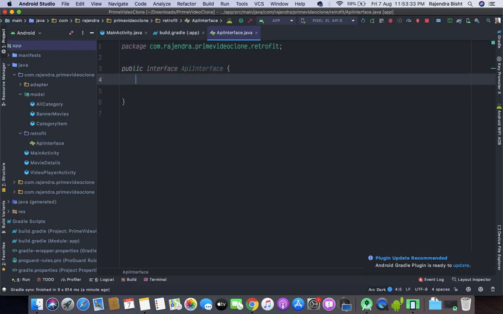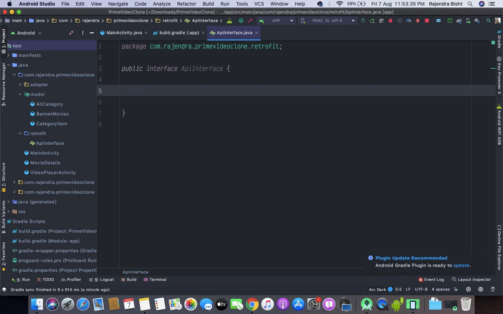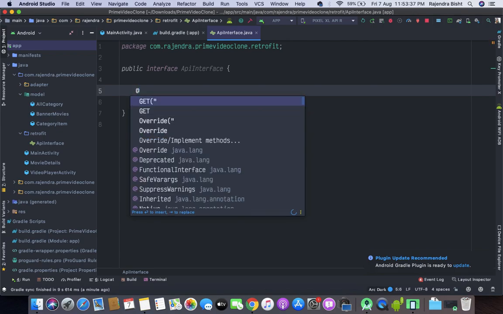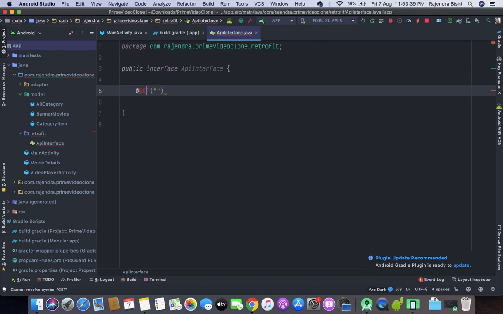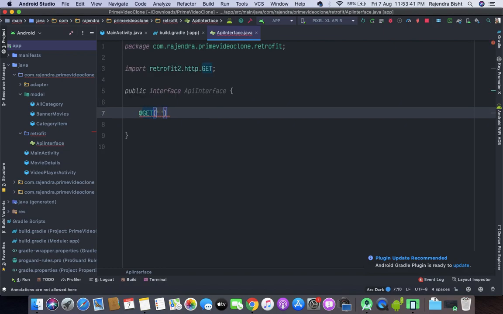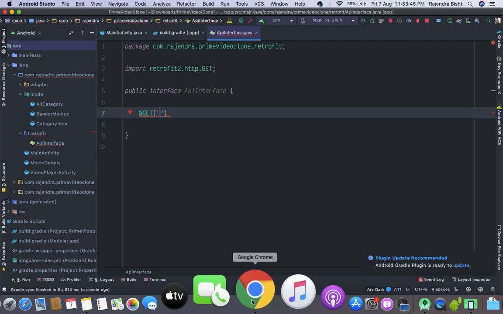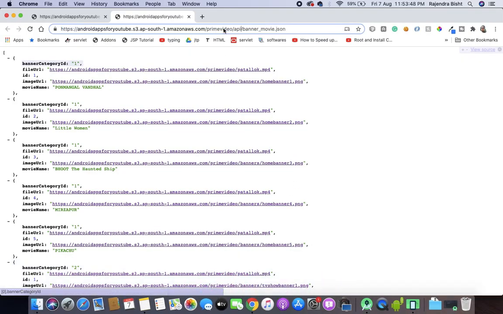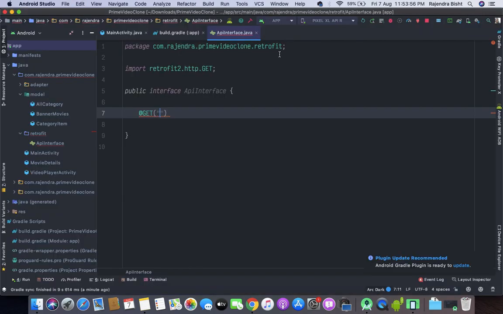Inside the interface I will take the GET method. Just import the GET method. This is our API endpoint: this is our base URL, and this is the method-based URL. I will copy this and paste it here.